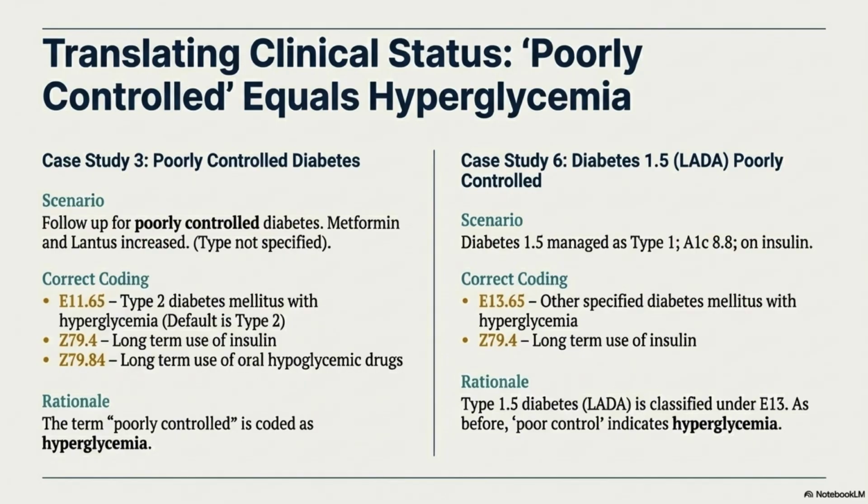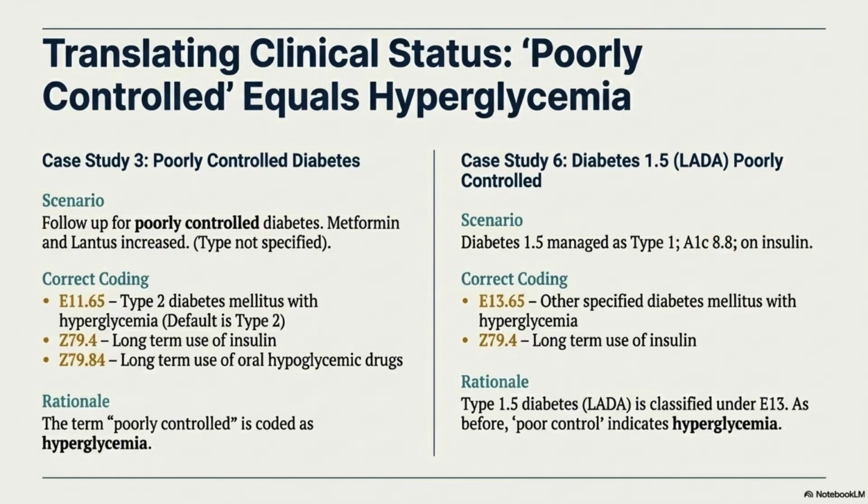Now let's compare that to the second scenario, where the patient has diabetes 1.5, or LADA, managed as type 1. The A1C is elevated at 8.8, and the patient is on insulin. Even though LADA behaves clinically like type 1, ICD-10-CM classifies it under the E13 category, other specified diabetes. And just like before, poor control still means hyperglycemia, so the correct code becomes E13.65, along with Z79.4 for long-term